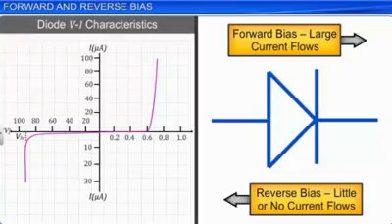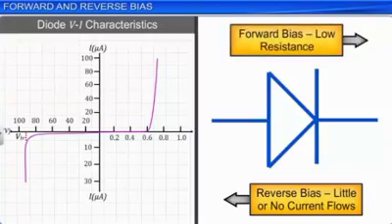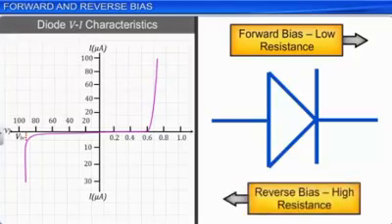We can also say that a forward biased diode offers low resistance, while a reverse biased diode offers high resistance to the flow of electric current. A diode is said to